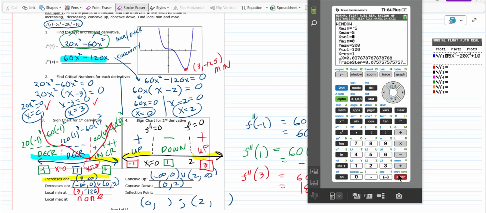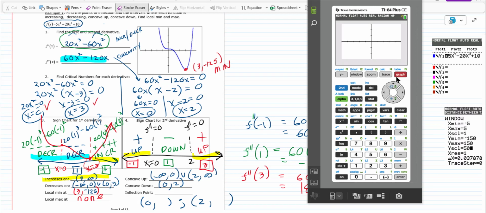And let's see, we did end up getting, the local minimum was negative 125. So I'm going to do maybe negative 150 for the minimum y, and then maybe 150 for the y max, and then maybe scale that by 50. Okay, so you've got to play with the window a little bit. Then if you graph that,